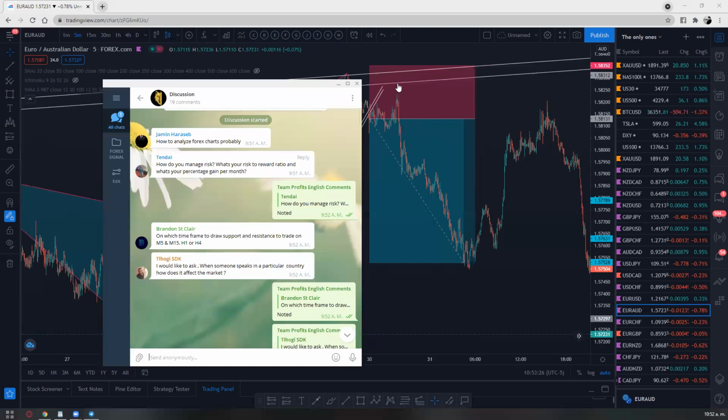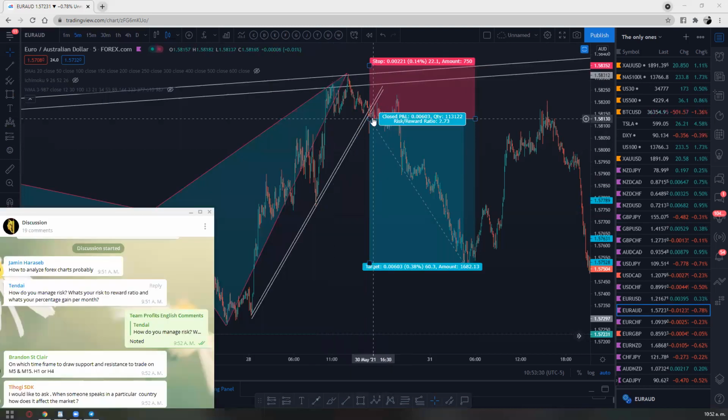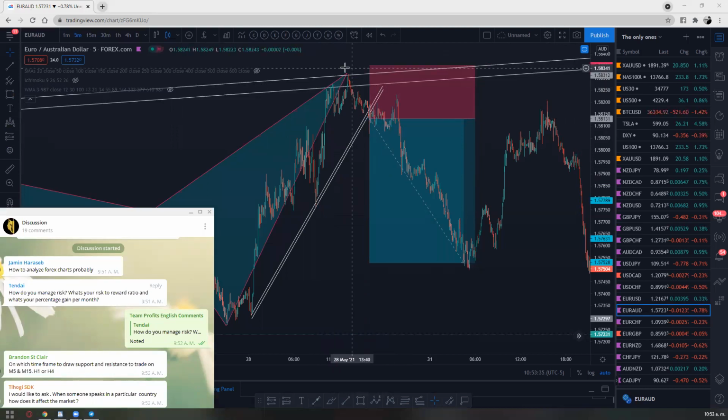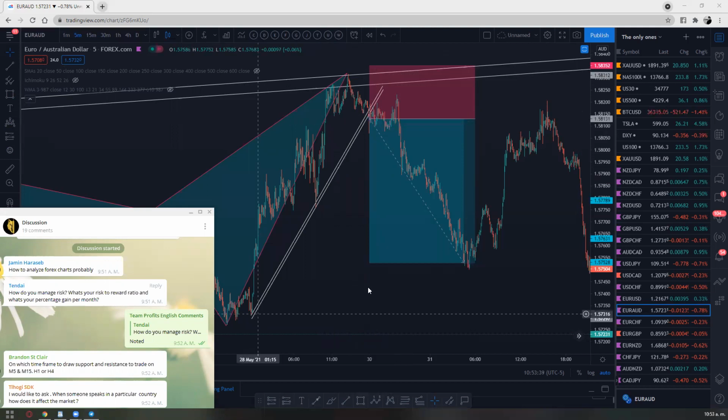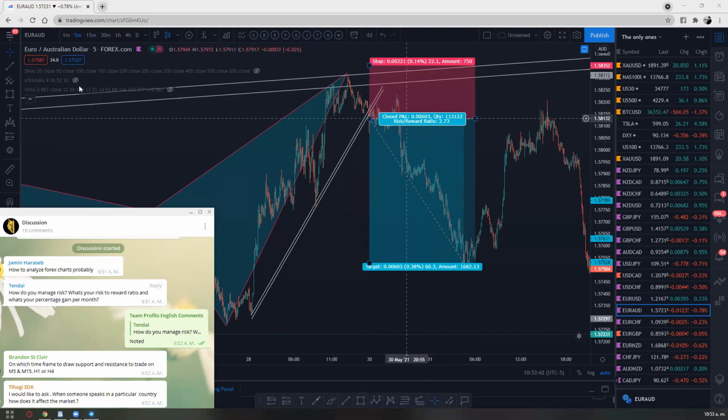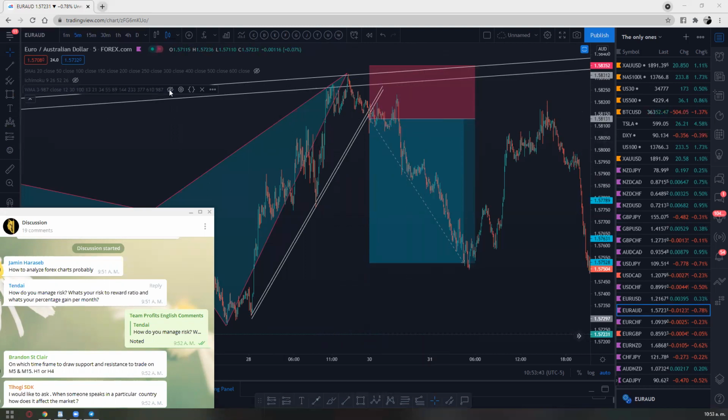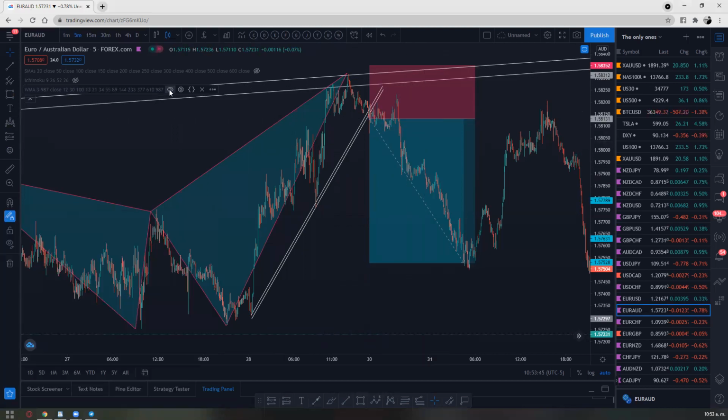I do my risk management this way. For example, whenever I do a final breakout right here, you see the breakout, I tend to put my stop loss above the last high. For take profit, I could either aim for the last low, or I could follow with the indicator. I could follow like that.